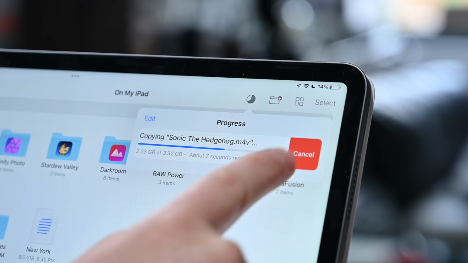The first feature to talk about, and man is this long overdue, is we actually have a transfer indicator when you're copying or moving files around in the Files application. You'll see a tiny little circle in that top right-hand corner letting you know that a file is being transferred. From there, you can tap on it and see a larger status bar of your transfer in real time, and you're able to cancel any tasks that are ongoing right there. So you move some files over, you don't want to move them anymore and you did the wrong thing, you can now stop that and cancel that transfer right from the indicator. So it's super handy to not only see your progress, but to be able to cancel any ongoing transfers that